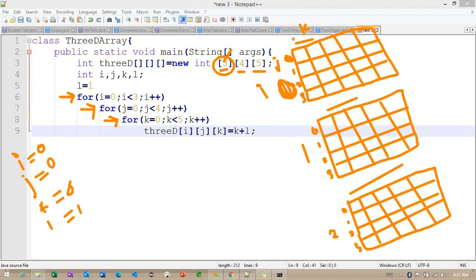And K also we are having 0. Right. Now what is the value we are trying to initialize? So the value will become 1. So after this, the K value will become 1.